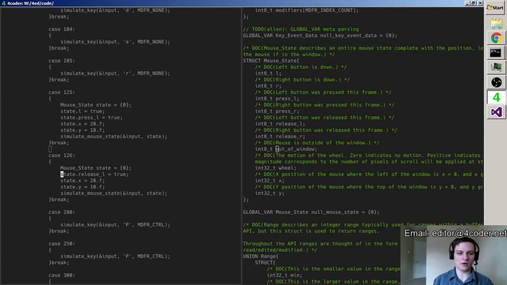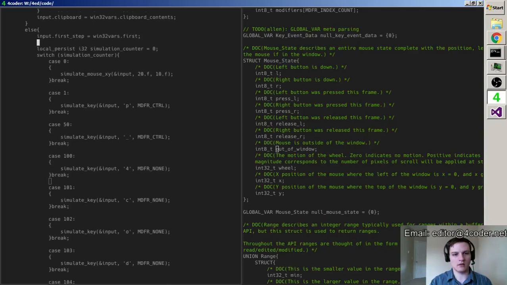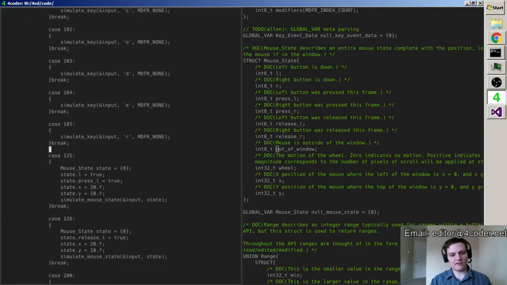I'm going to be storing a hold on the L, so it'll be state.L equals true for like 20 frames or something without changing. And I don't need to store all that. I really just want to delta compress that into just the changes that happen every frame and compute the mouse state every time from that. So it's a little bit more event-like as the keys are.